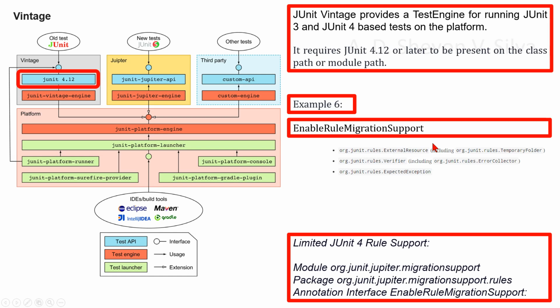That is, those that do not completely change the overall execution flow of the test. The junit-jupiter-migrationsupport module from JUnit Jupiter currently supports the following three rule types, including subclasses of these types: